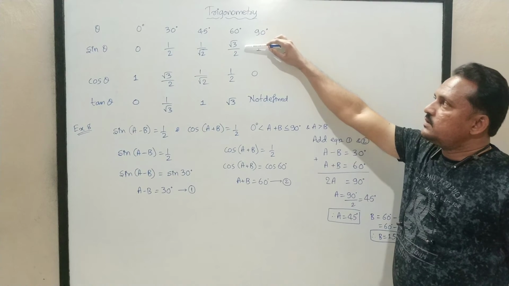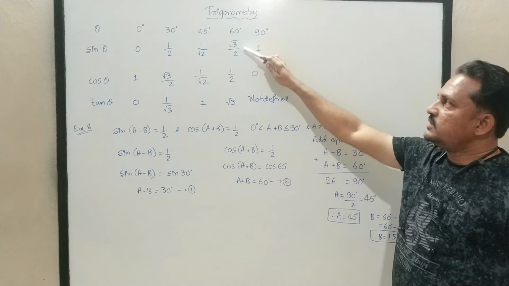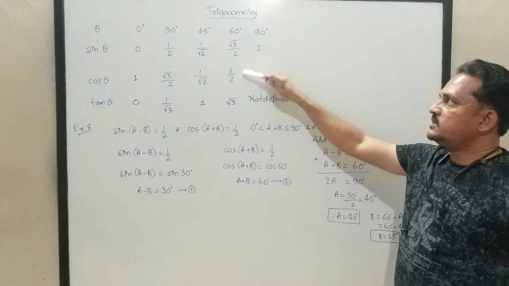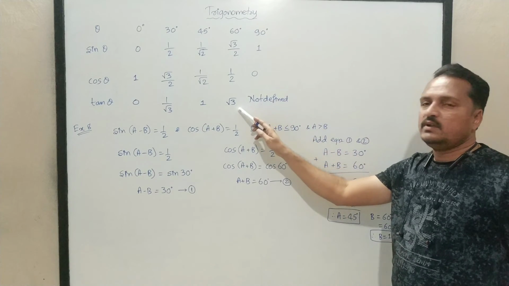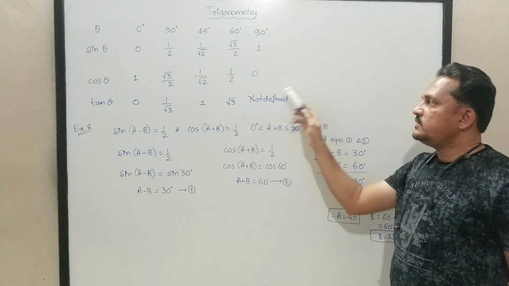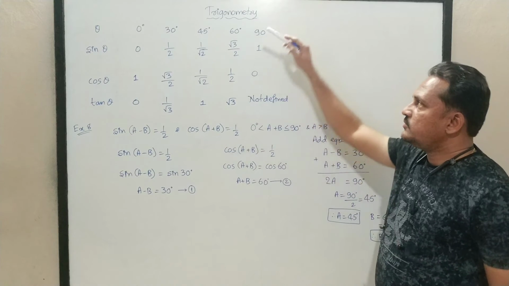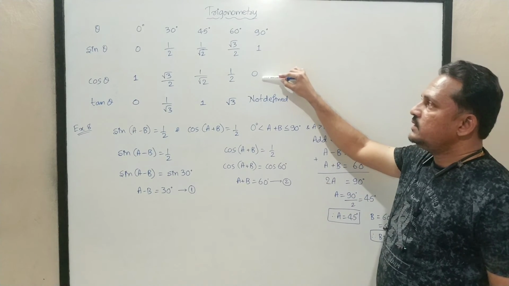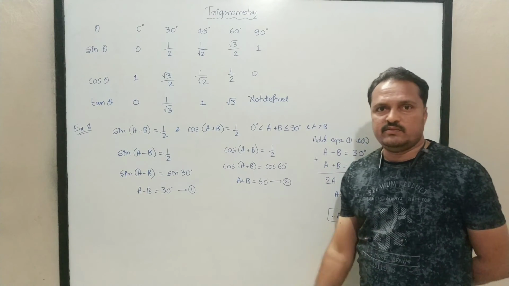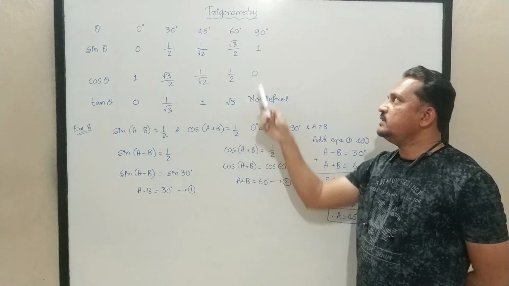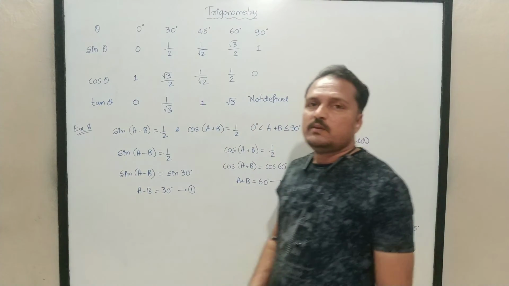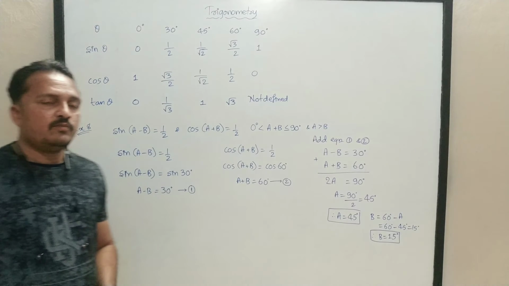Next, tan of 60 degree is nothing but sin 60 by cos of 60. Dividing these two will give only root 3. So tan 90 is not defined because we have to take 1 by 0. Denominator 0 is not defined. That is why tan of 90 degrees is not defined. Okay. But how to use these things in a problem here?